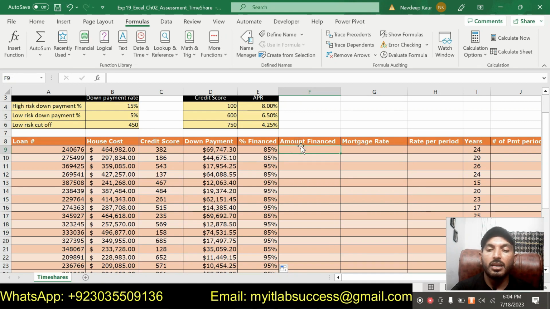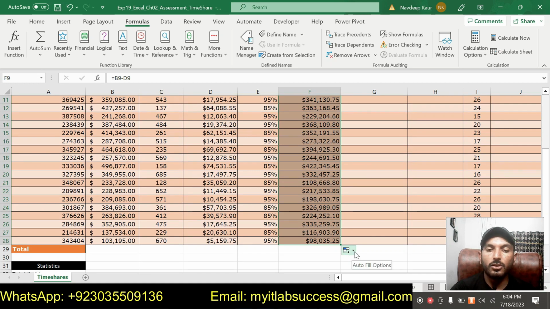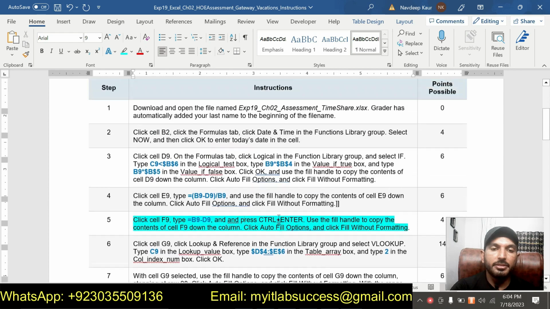So this is F9 and we are supposed to type B9 minus D9. And we are supposed to press Ctrl plus Enter and we will get this value. So again we will use the fill handle to get the other values in this column. So let me complete this. And again we will click on this arrow symbol to select fill without formatting. So we have completed